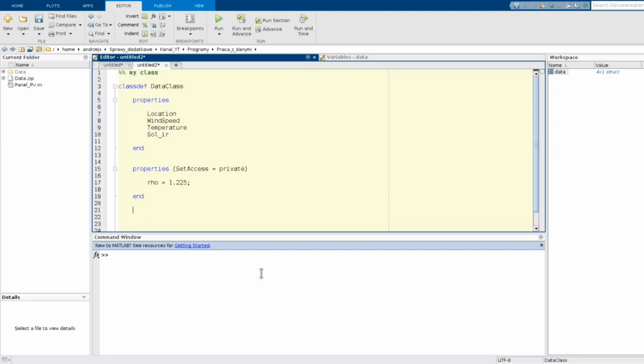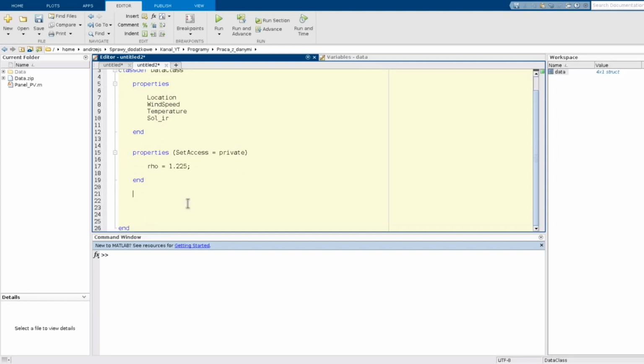Not important. And the most important now are the dependent properties. I can set the access to dependent just by typing Dependent like this. It's just another way, not like SetAccess equal to private. I could also just type private or dependent.